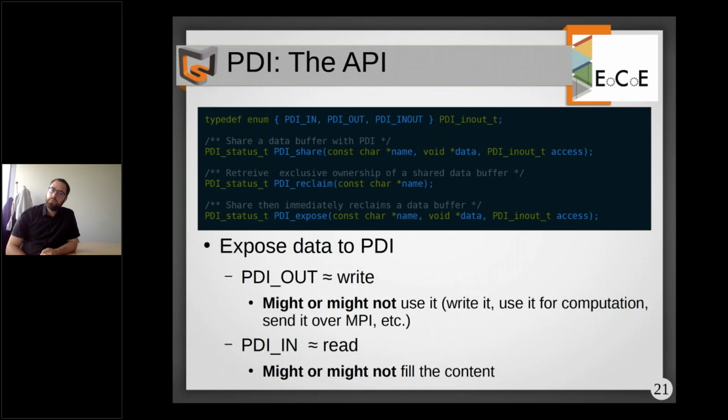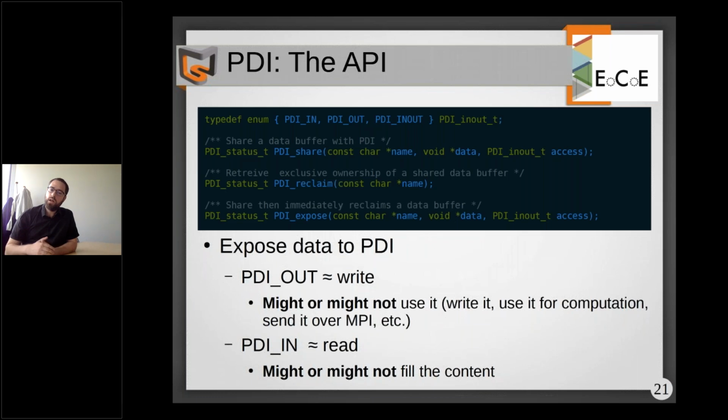Then the second part and the main part of the API is the share and reclaim API. So the idea is to expose data to PDI. The share call takes the name as a constant string, so the name of the data that is shared. This is just an identifier that is used to identify the shared buffer along the simulation. Then we pass the actual address of the buffer, and we provide an access that can be either PDI out,